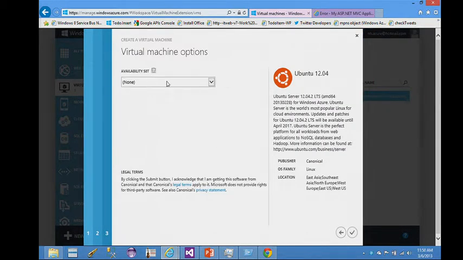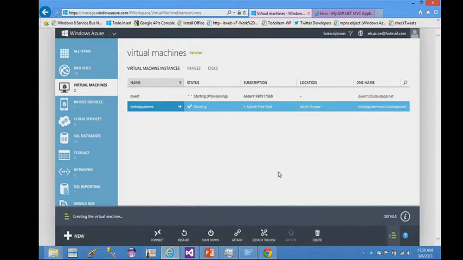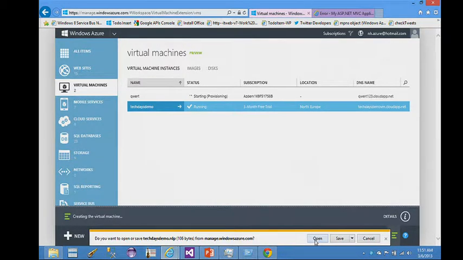Hit next. Availability sets, so split them across separate fault domains and upgrade domains. So if we're rolling out updates across our data center, only one will be torn down, the other one will be safe. Fault domain-wise, if one of our big blocks of hardware fails, you've still got it across another availability set. Hit OK. That will go off and deploy it. It takes a little while, but just to demonstrate the full control here, what we're going to do is we're going to RDP